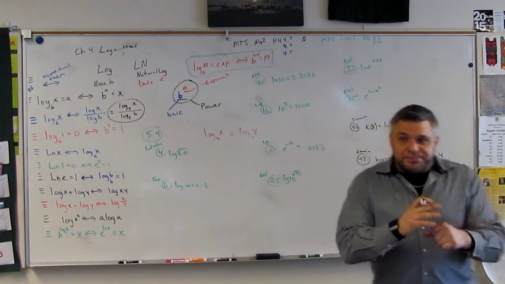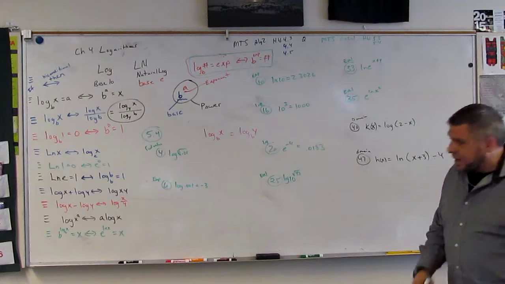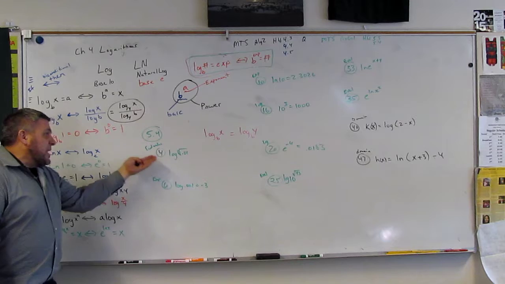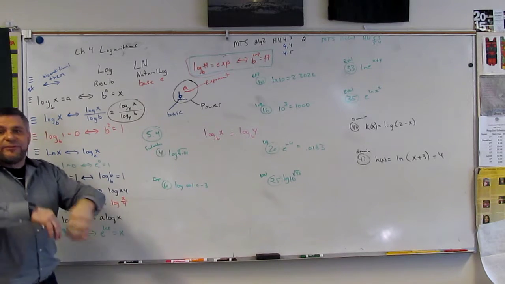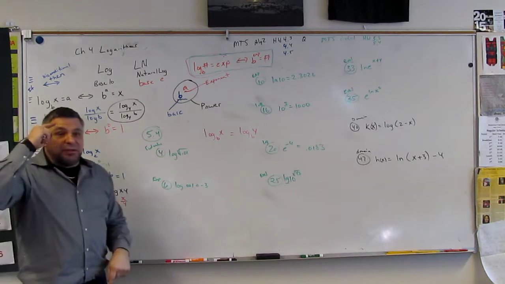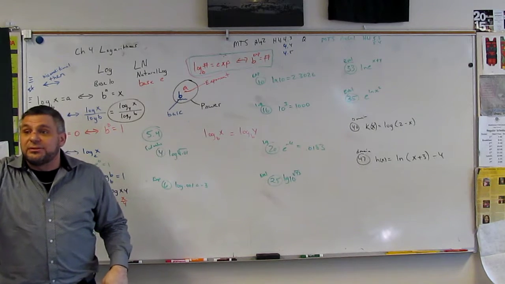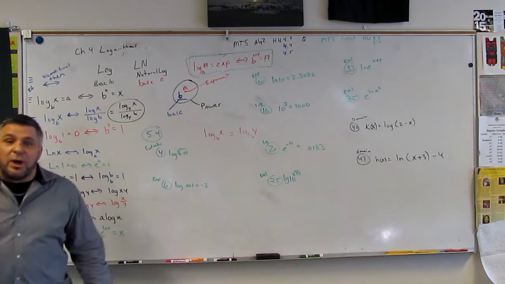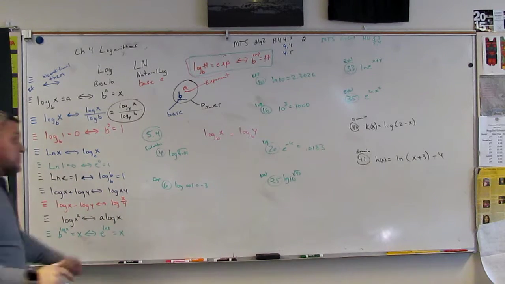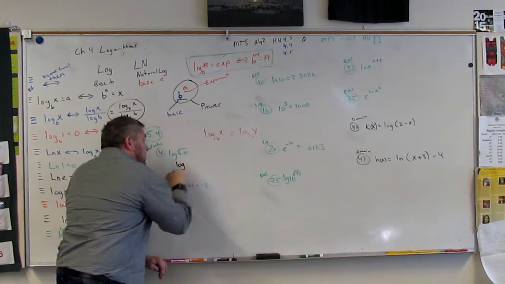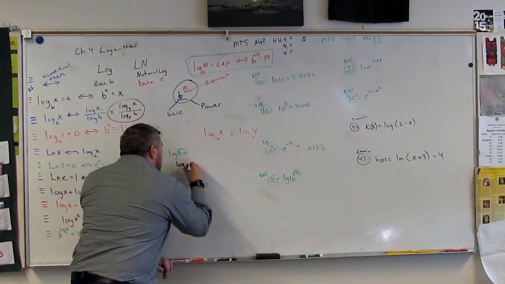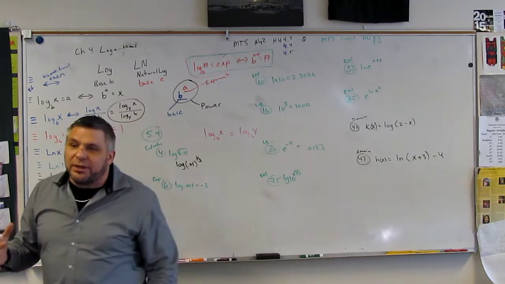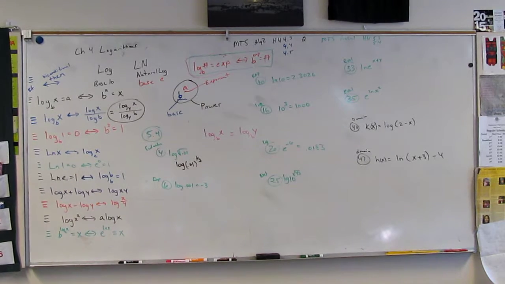Okay, really quickly. That's still working? Okay. Number 4. Okay, this is 5.4. Number 4 says, hey, find the value. So I need to find the value of this. Now think about this, and you guys are going to have to learn to do this. Remember, what is a cube root? It's a 1/3 power, right? So what you have to do is you have to go, log of 0.01 raised to the 1/3 power, right? And then what's going to happen is,